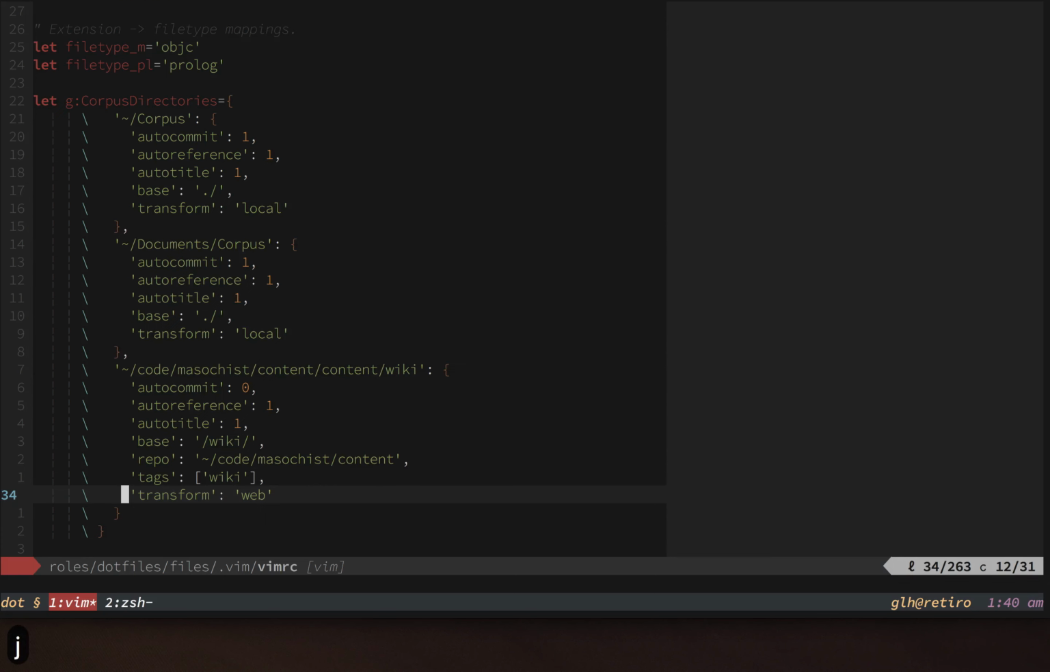And then I have a couple of different transforms available. There's either web or local. So local assumes you're just wanting to create a link to a Markdown file that's on the local file system, whereas web assumes that you want to go to some kind of wiki style link where spaces have been turned into underscores. And finally, the last one that I haven't mentioned yet is this auto commit one, which basically means